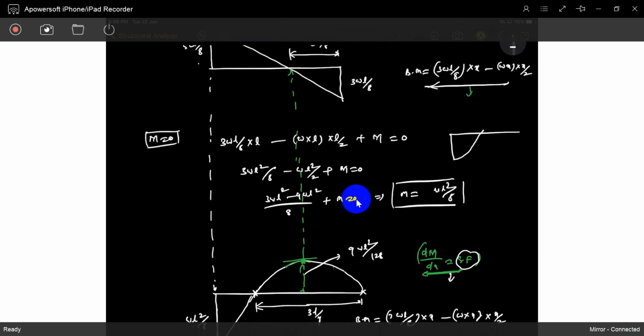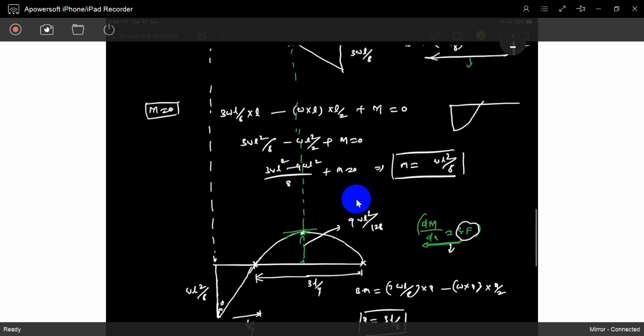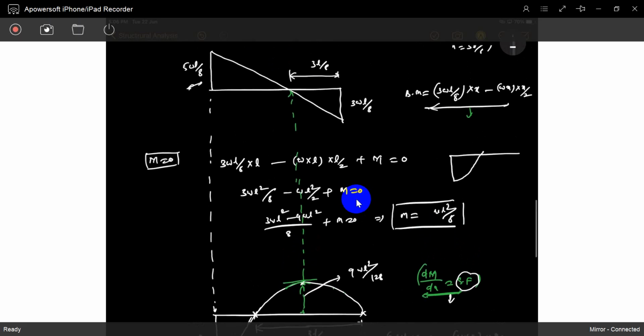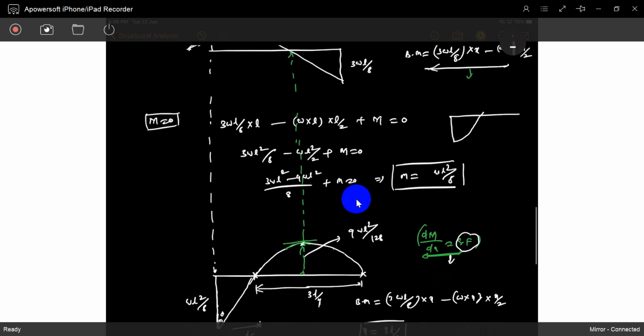Understand? So where the bending moment has no slope, the shear force is zero. So in the bending moment diagram there is a slope, and here we have to maintain the slope. So the change in bending moment gives shear force. Just check, is shear force there or not? If it is there, that is why you have to maintain some slope in every part. If somewhere the shear force is zero, then just maintain zero shear force, zero slope.